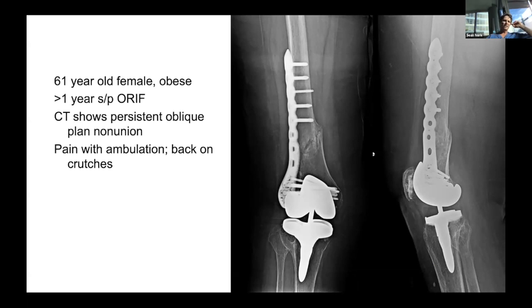And the CT confirms a persistent oblique, that should say plain non-union. She's still aching. She's back on crutches. And so look at the problems associated with this. I think this was initially a relatively simple fracture pattern. I think they have a relatively stiff construct proximally, and then a very flexible construct in the region of a